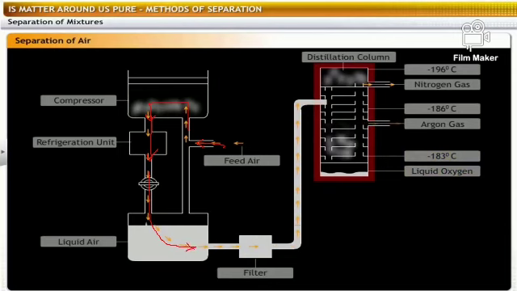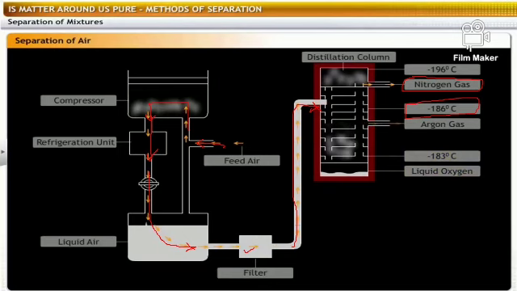This liquid air is filtered, and is passed through the distillation column which has different temperatures. In these columns, different gases according to their temperature get separated.